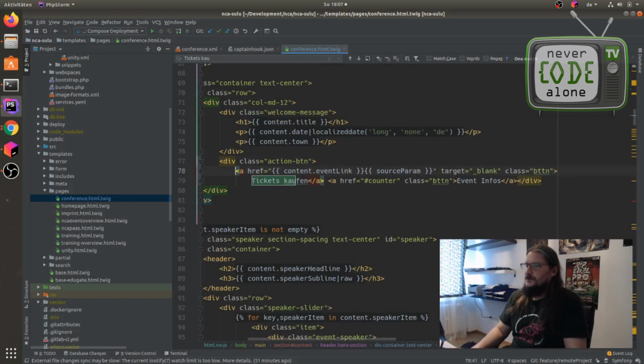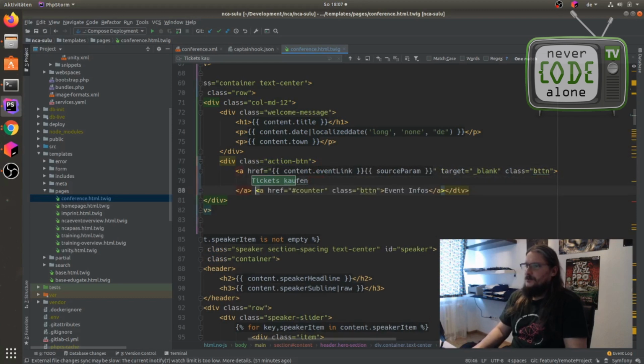That will bring this in a better view. Okay, it's not the best, but it's a way. So I can say switch to English.